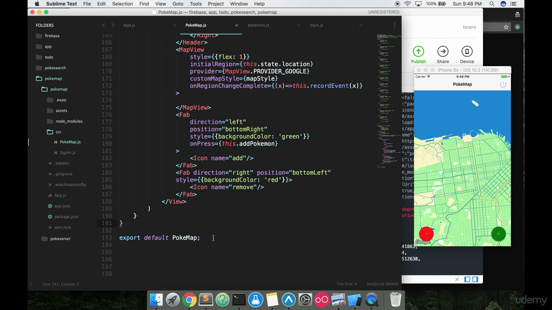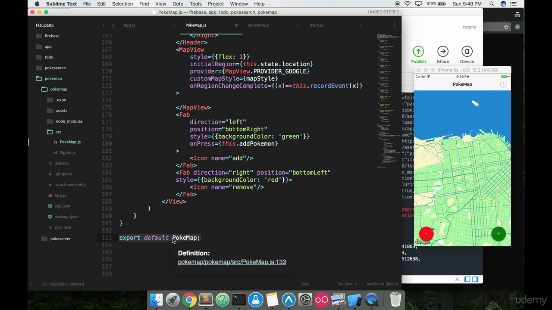Meteor has a pretty fantastic way of doing this. Previously we used Axios to make an HTTP request to the API, and then they send some data back. Meteor has some pretty cool ways of sending things back using their subscribe functions. And the cool thing about Meteor is it's a real-time database, which means anything that you change on the database happens on the front end in real time. So that information gets sent back immediately. Now, we're not going to be really taking advantage of that in this app in particular. However, I am going to show you how to start subscribing to that information and get it on your front